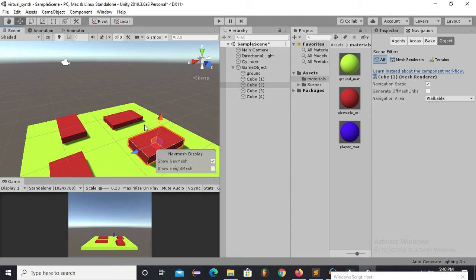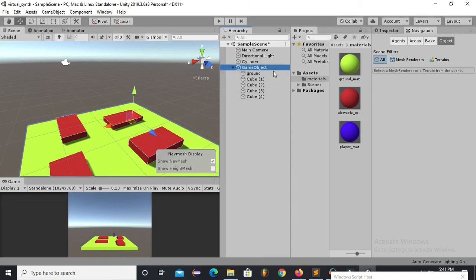We only want to move our player on this ground surface. So for that we have to make these obstacles non-walkable. So we will go with this option, and this option has to be walkable because we want to move our object on the ground. So now I will go to the empty game object and go to the bake option.